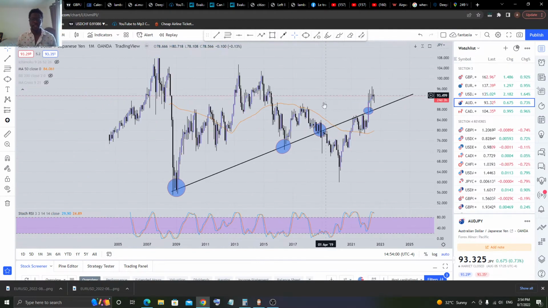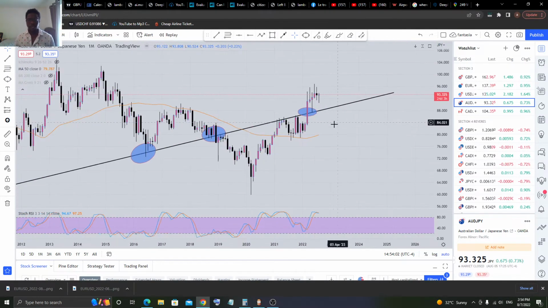Now, what I was saying is that when you see this kind of setup and you mark up your chart this way, you're really sure. Now you're confident. Now you can understand what is happening in the smaller time frame, according to